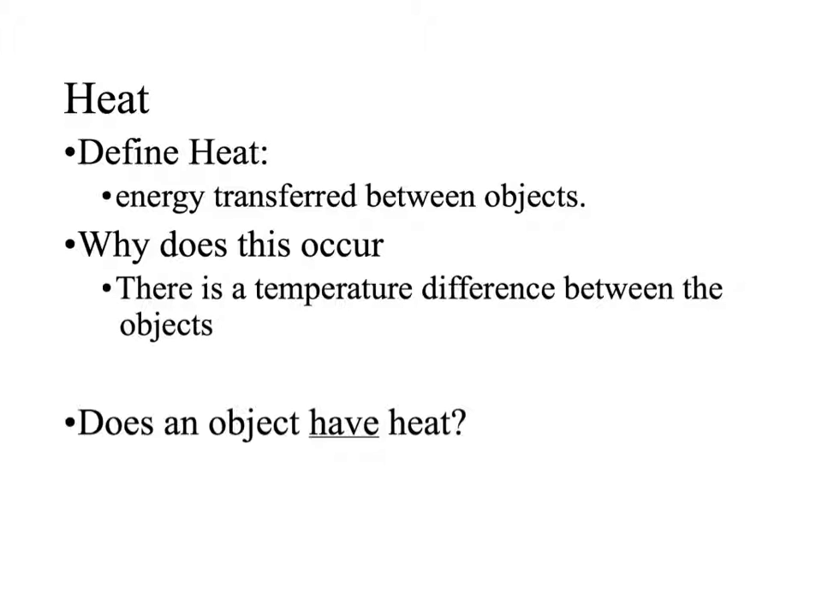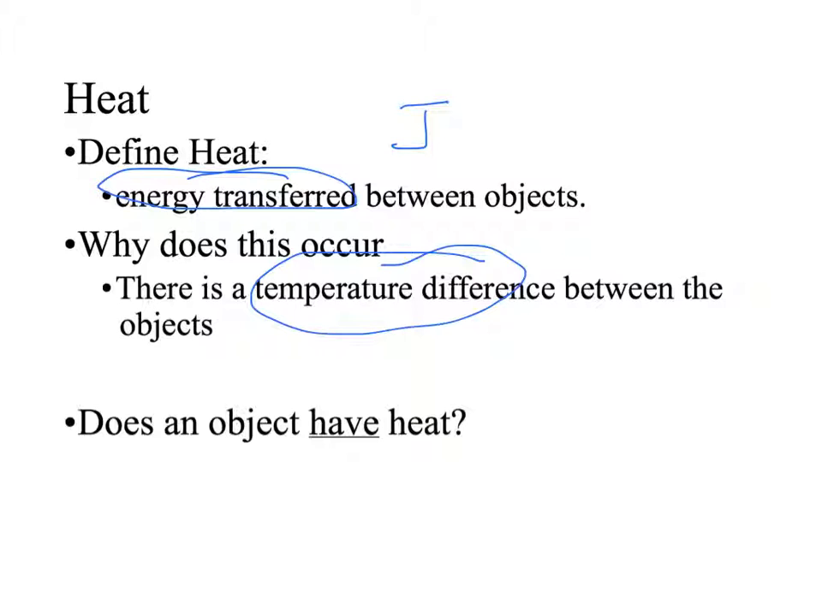So define heat. Heat is the energy transferred between objects. So it has units of energy, which are joules, but it's the transfer of energy from one object to another, or within an object from one end of it to another. In the example of, for instance, heating up one end of a metal rod or a spoon, the other end eventually gets hot. It occurs because there is a temperature difference between the objects or within the object from one